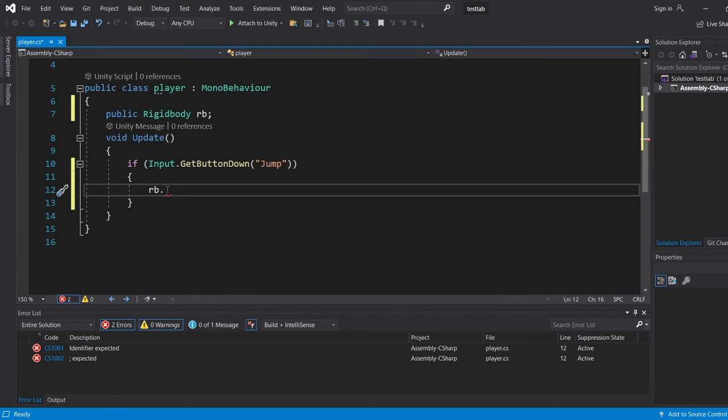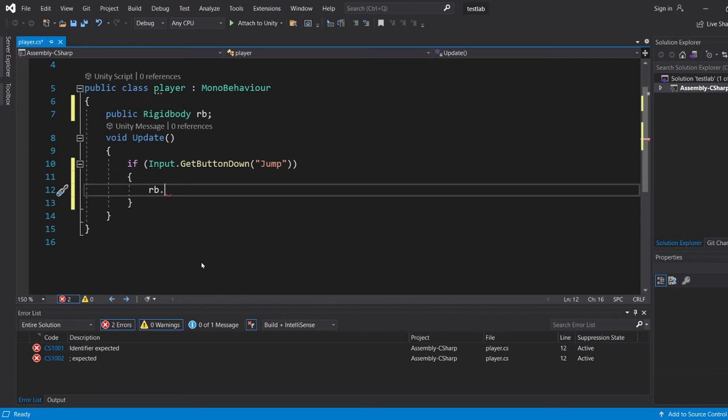Now you don't have to reference RB. Reference the name you have decided. If you have decided www, then write www. You can write QWERTY, for example, you can write anything, just reference that later on, like I have referenced it here, RB. This thing above and this thing below should be the same. So we'll use a dot, and we will use